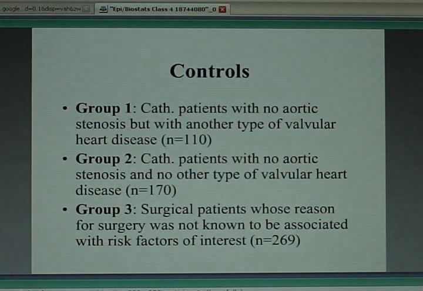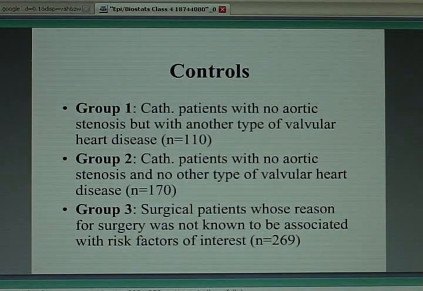Control group number 2 were another group of 170 people who underwent cardiac catheterization, didn't have aortic stenosis, didn't have any type of heart disease, and had no problems with any of their other valves. So these were 170 healthy individuals as far as their heart was concerned, particularly as far as their valves were concerned. And then finally, we had a third group, 269 people in control group number 3, who underwent a surgical